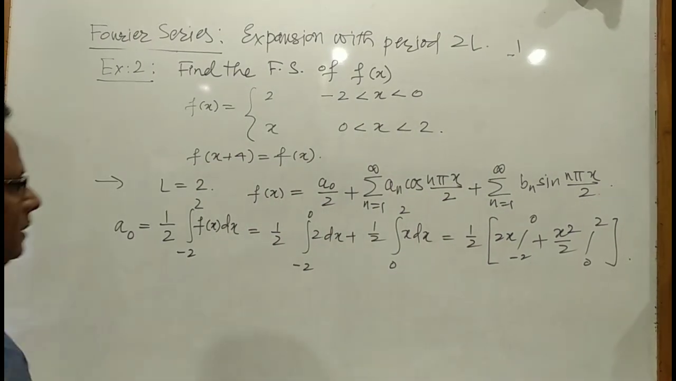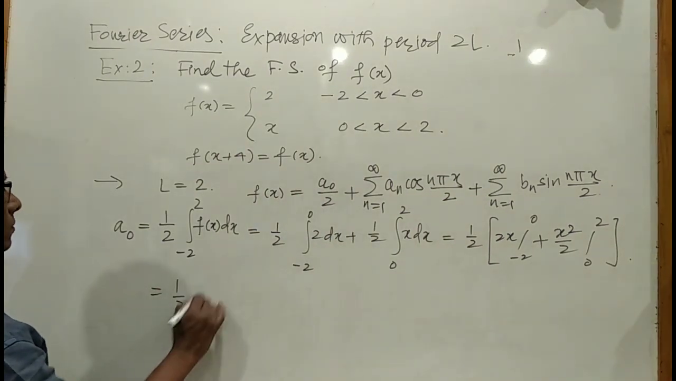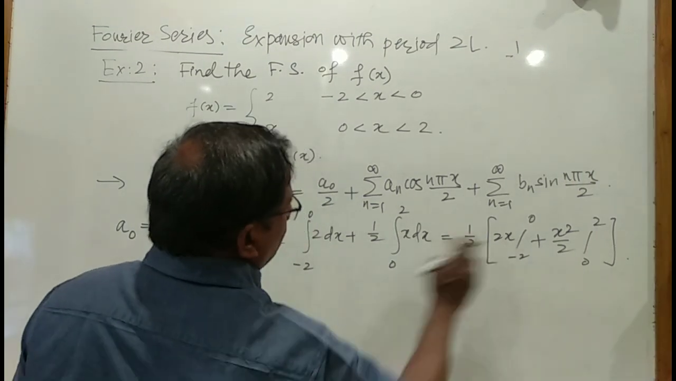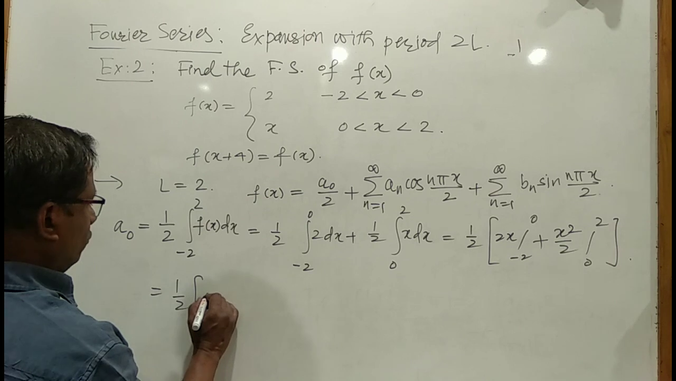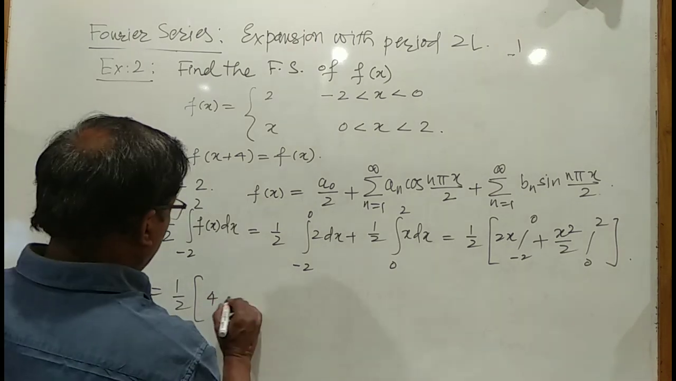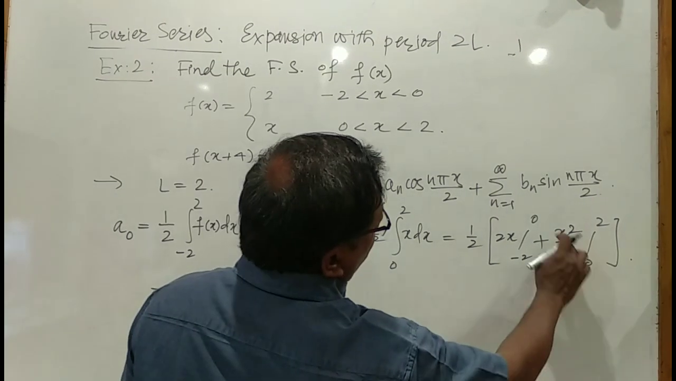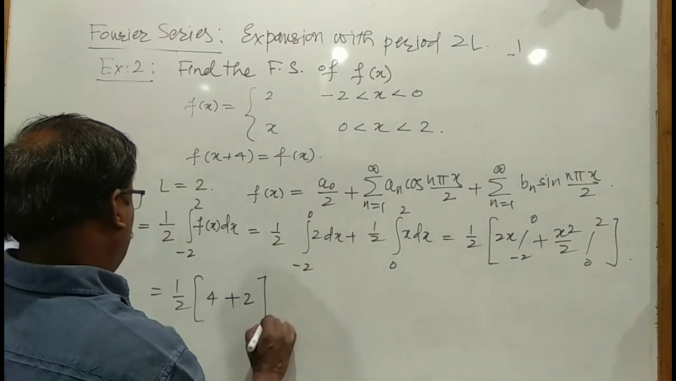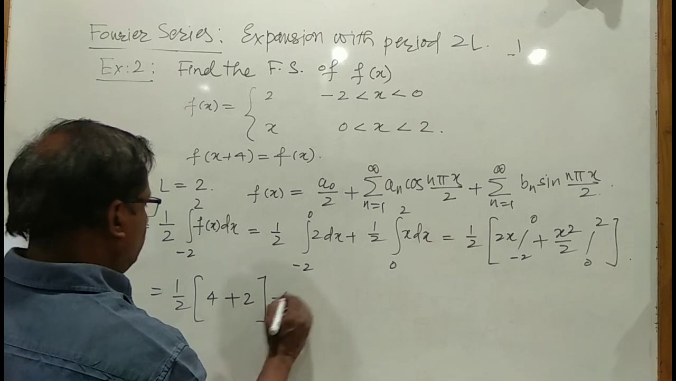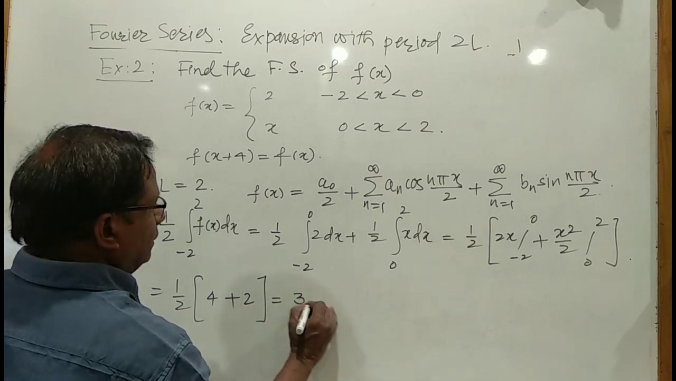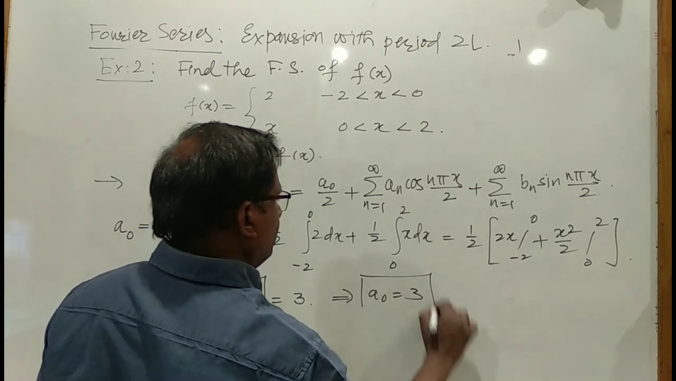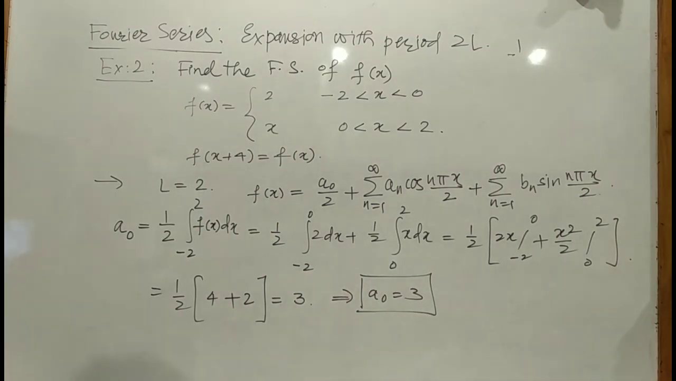So put these limits and simplify. So half, when you put upper limit it becomes 0, minus lower limit, minus minus plus 4, plus for this when you put upper limit, 4 by 2 is 2, lower limit is 0. So this is 4 plus 2 by 2, that is 3. So a0 is 3. Then an